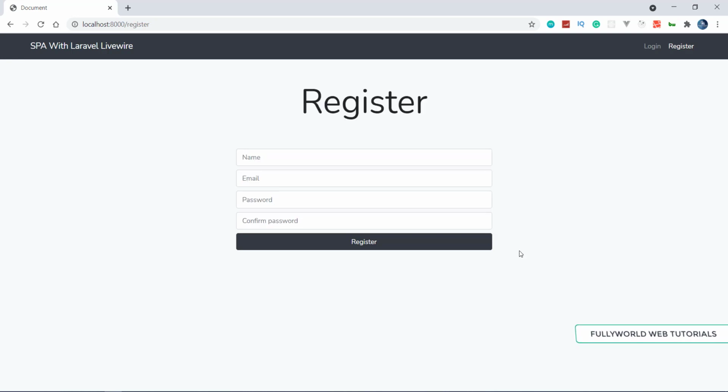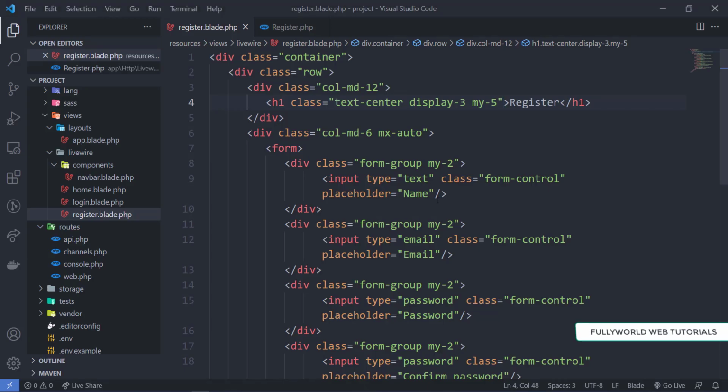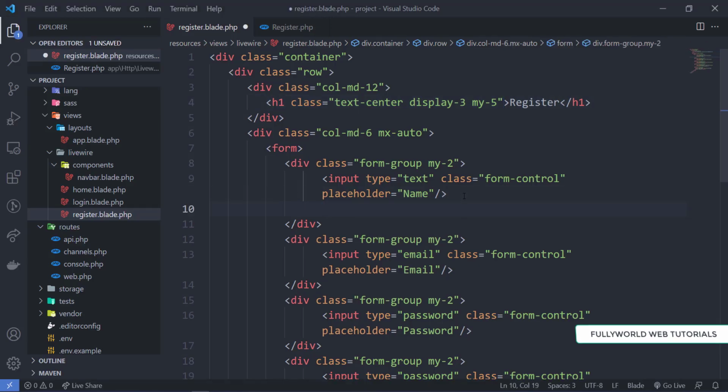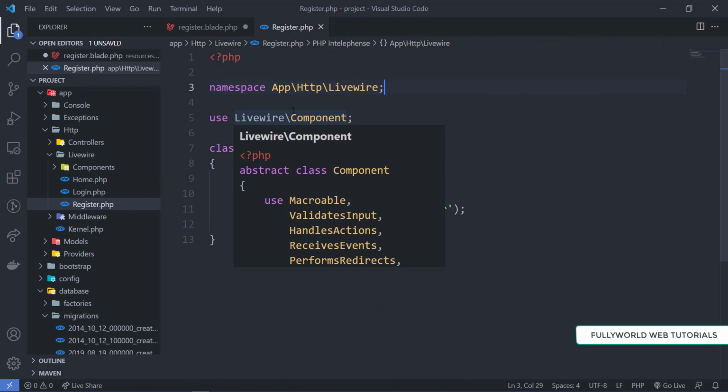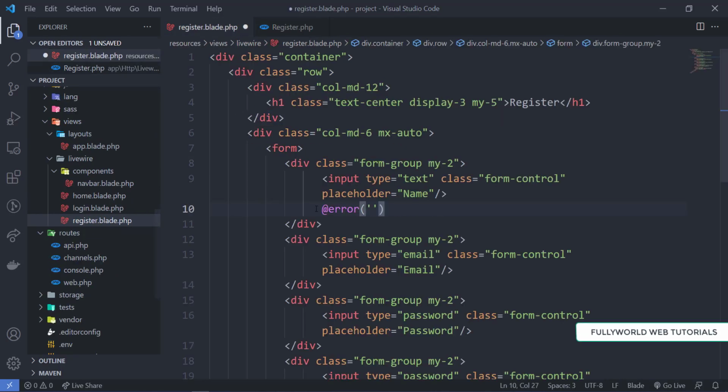Now we just have to do one thing. First of all we have to handle the errors here. To handle the errors, we are going to write one error field here, because first of all let's define the errors here only, and in register.php when we validate, it will redirect the errors here.